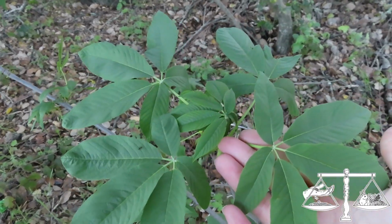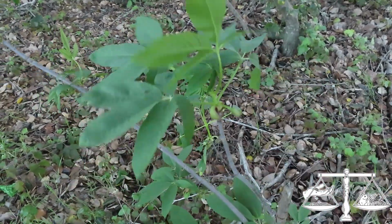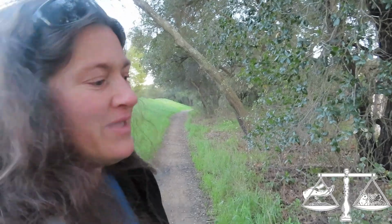Or California buckeye, I mean. The close-up of the leaves. So now we've come upon a very interesting plant that is basically around the world and likes edges. So this plant here is called mugwort. Sounds like it's from Harry Potter, right? It's called mugwort, and it supposedly is the antidote for